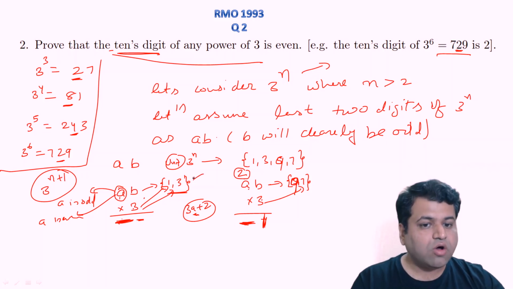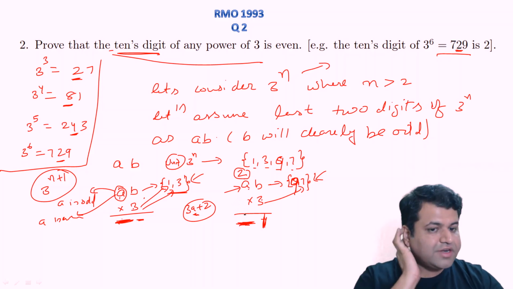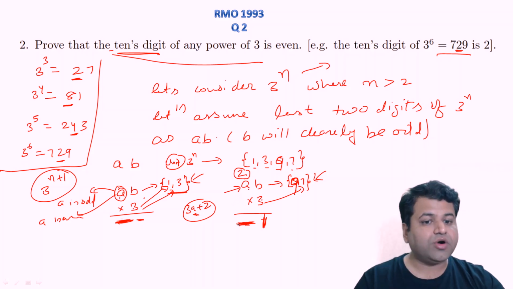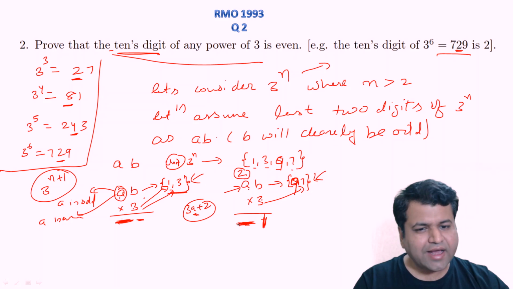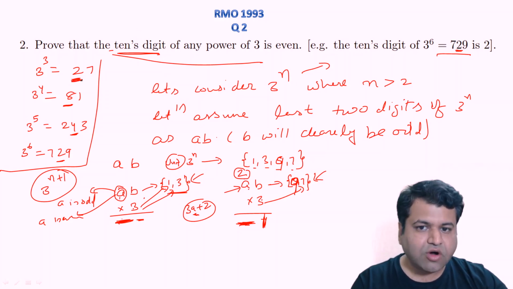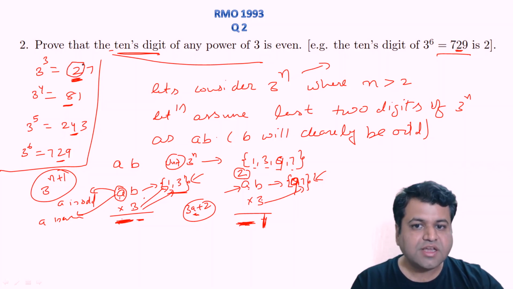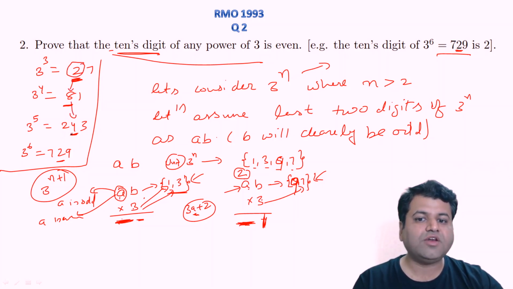So as we have seen in all these 4 cases, when the unit digit is 1, 3, 9 or 7, the tens place is entirely dependent on a. If a is even, then that will be even. If a is odd, then that will be odd. And in fact, by the same logic, the next power of 3 will follow the same pattern, right? So find a single power of 3 which has at least 2 digits. If the tens place is odd, then the subsequent tens place will also be odd. If the first tens place is even, then the subsequent tens place will be even only, right?